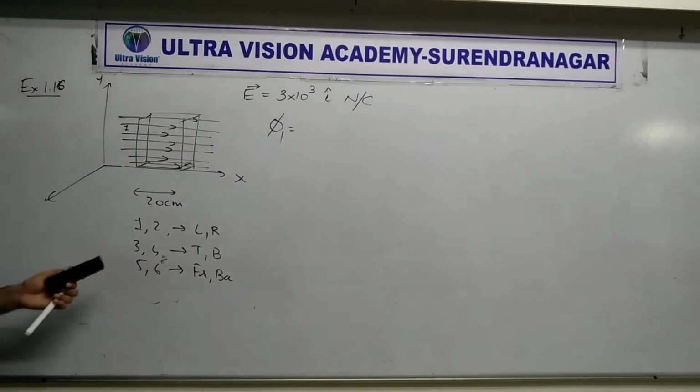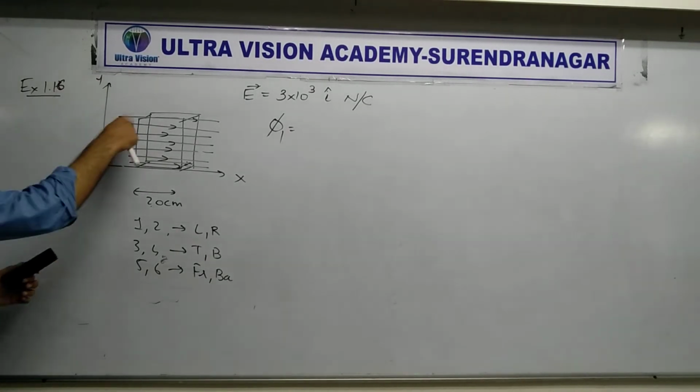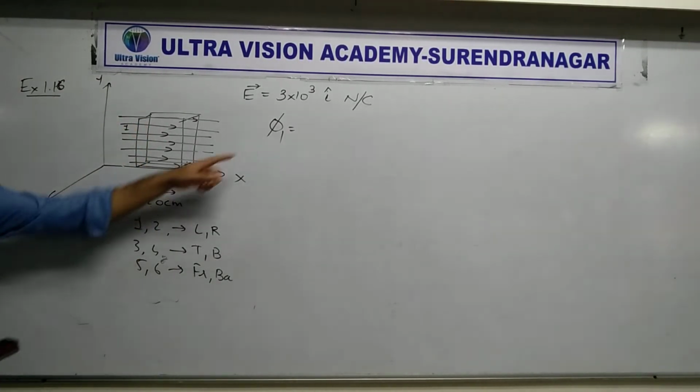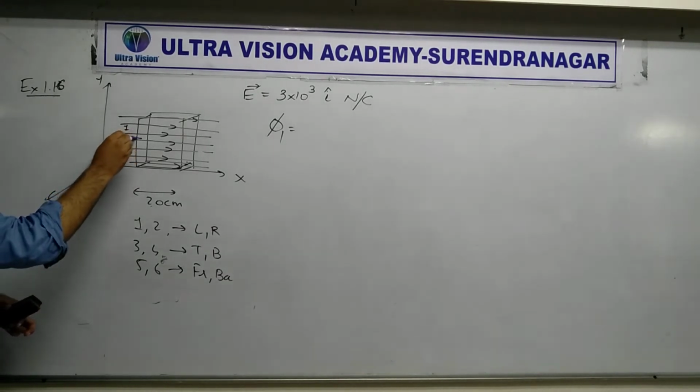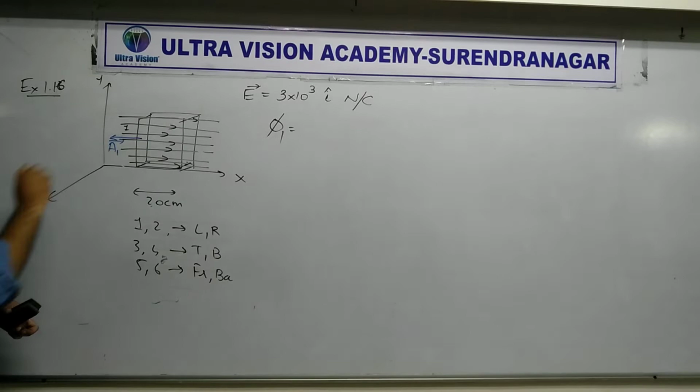First of all, each area vector. Is this a curved surface or a flat surface? Number 1 is flat. Is the field uniform? Yes. So the area vector will be in which direction? Left or right? Left. Normal outwards, going out from the box. For this surface, it is the left side. Raise your hand if you understand that.